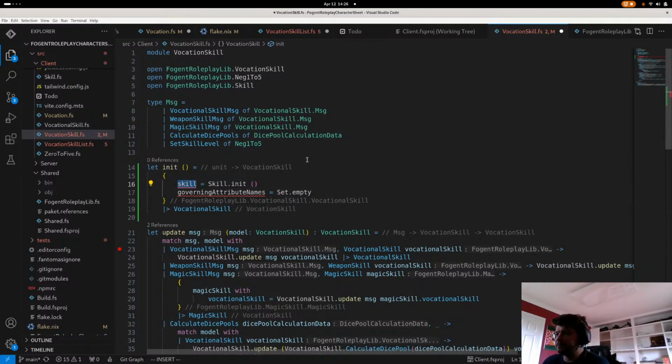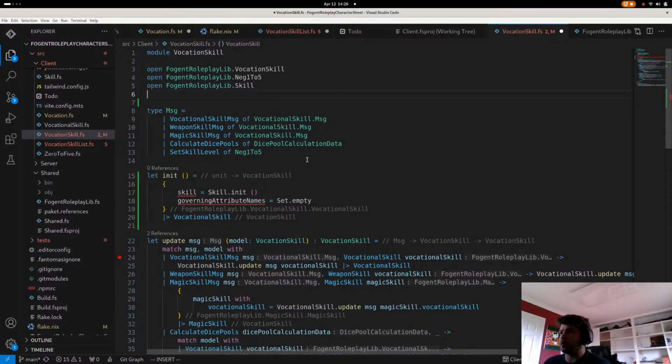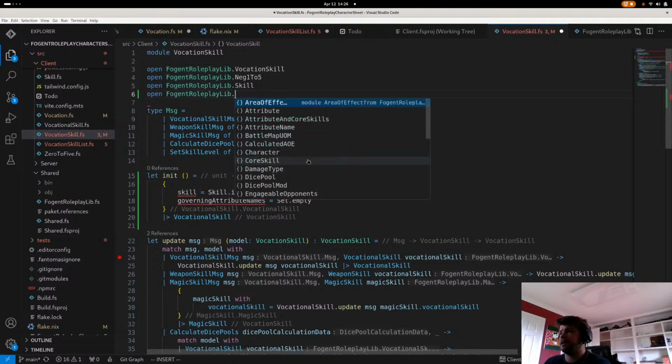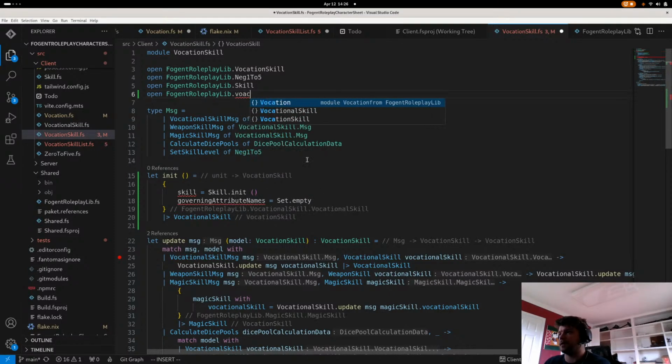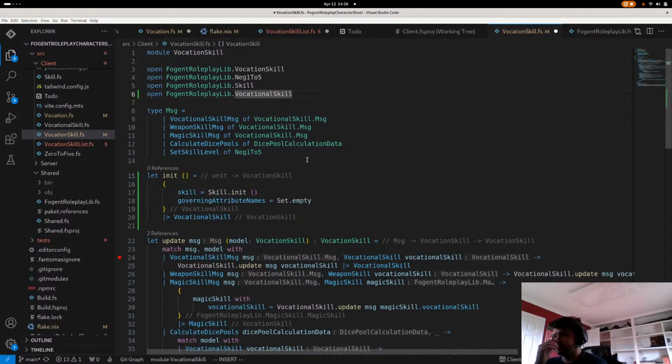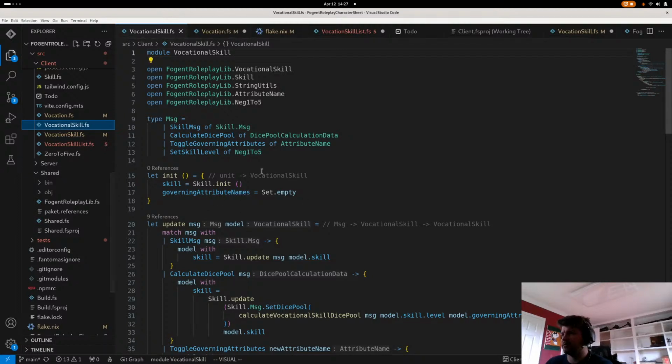Oh, I'm stupid. How do I do the thing where... Yeah, I can jump by line here. That's cool. So we can insert here, and we're going to go ahead and open up our vocational skill. Actually, no. Why am I doing this? Don't I have this already defined? I'm literally redefining it, so I'm being stupid. Okay. So then,